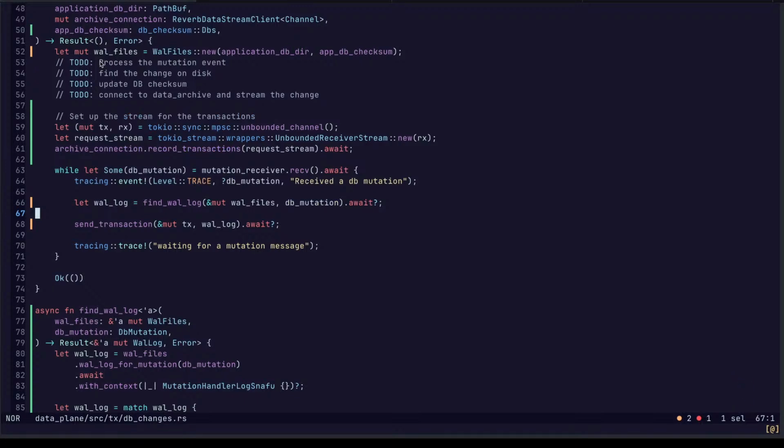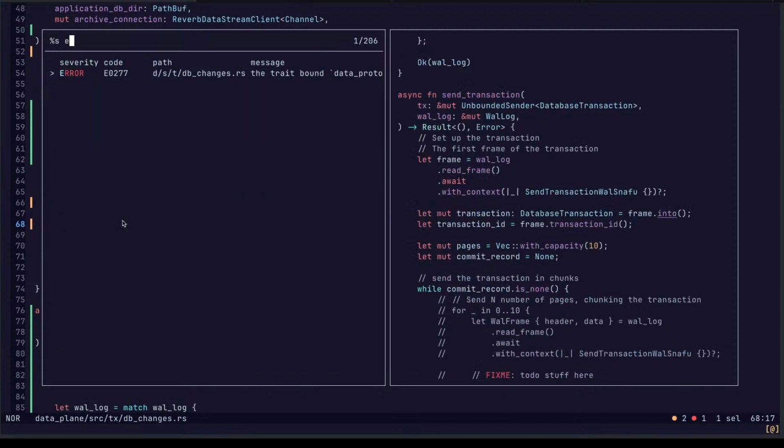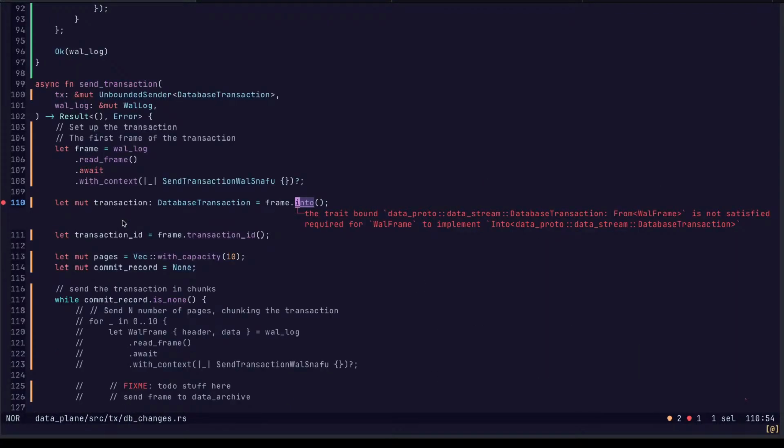Wait. What? Garbage collected C++. Yeah, I get like reference counted pointers, all that, but are we just talking about reference counted pointers or something else?